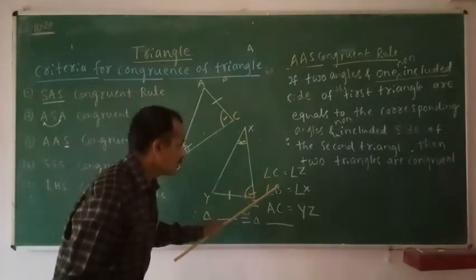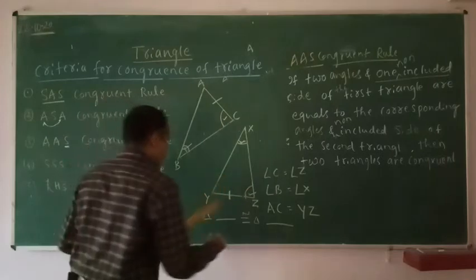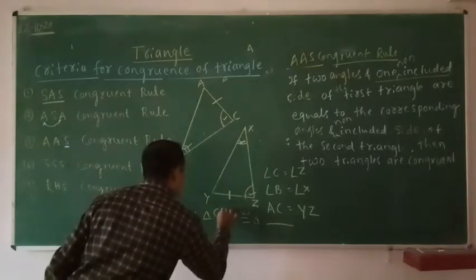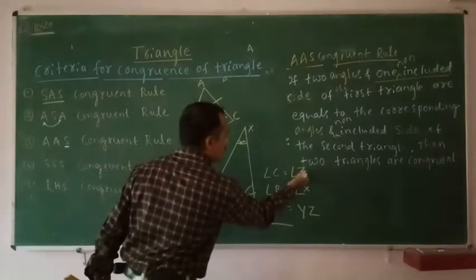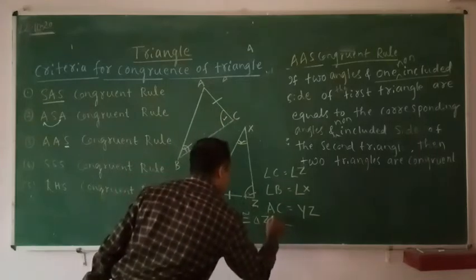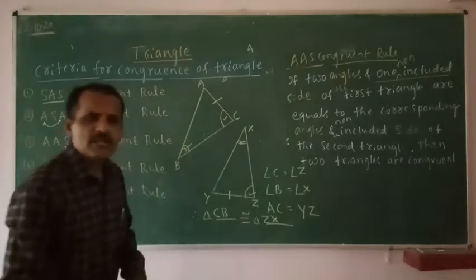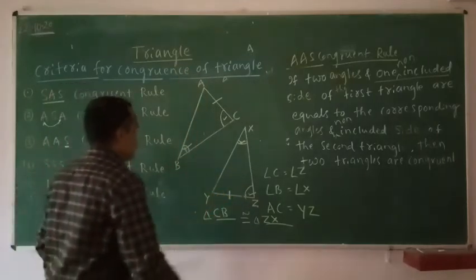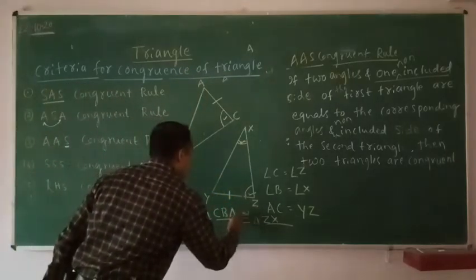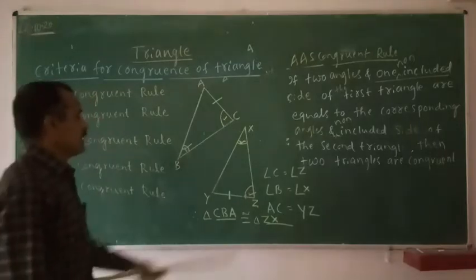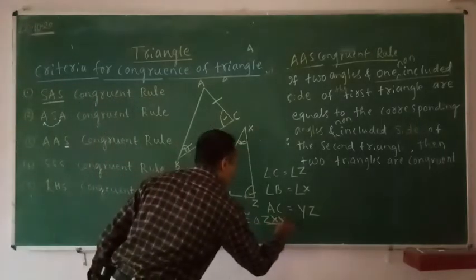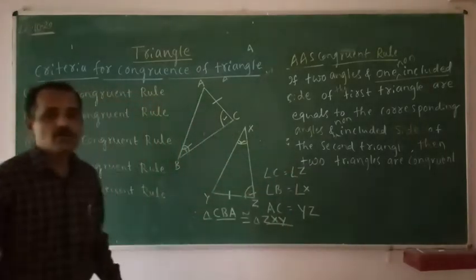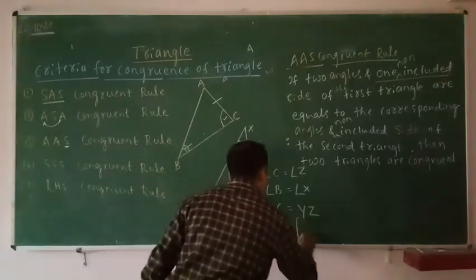See, C, B. I will write first C, B. Here ZX. What is the third alphabet? Out of ABC, CB is written. That means the third alphabet must be A. CBA. Here ZX, Y. Triangles are congruent. This is because of the